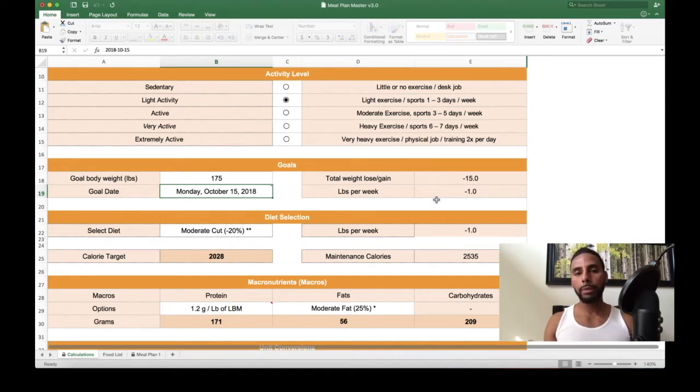So one thing you guys want to keep in mind is these numbers need to be reasonable. They need to be sustainable. So what I mean by that is losing 1 pound per week is great, especially for someone like Bill who has quite a bit of body fat on him. Losing 1 pound a week is a good, consistent thing that he can try to do up until his